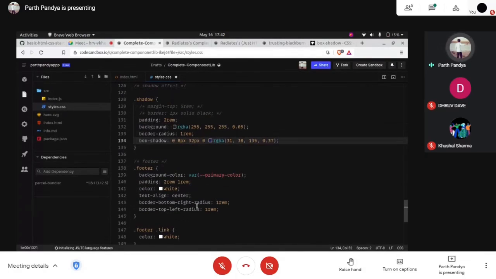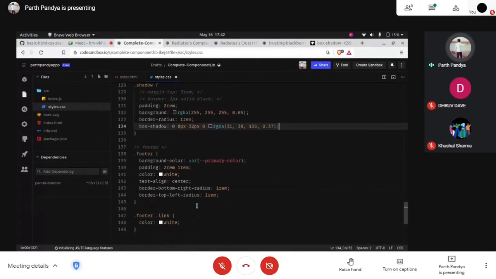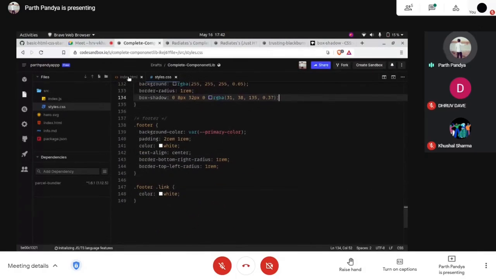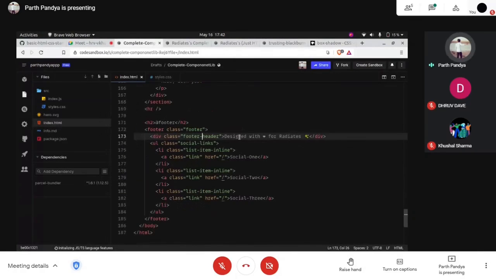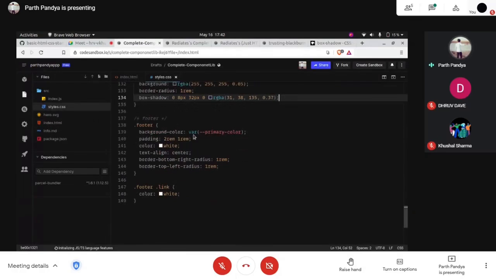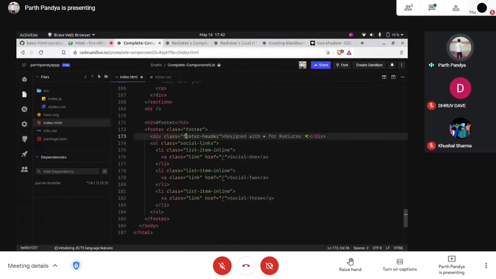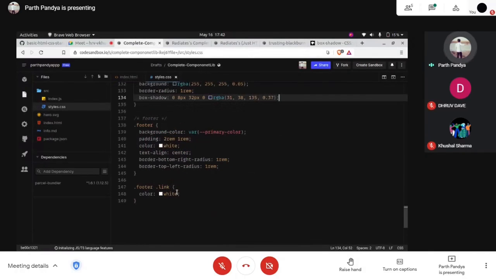Where is that footer header? I guess we have not defined that footer header, but we can give some styling to this. So let's do that live. Footer header. We can copy this class, and how does one define a selector? We can do this inside footer. Whenever I use the footer header class,